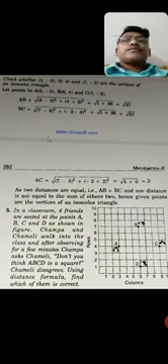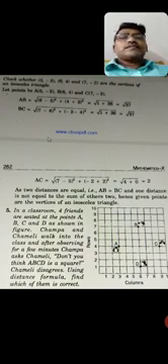Here, check whether the given points, I mean here 3 points are given, are the vertices of an isosceles triangle or not. They are asking you to check whether the given points form an isosceles triangle or not. How can we know? We need to know the measurement of all the sides, I mean the length of all the sides.